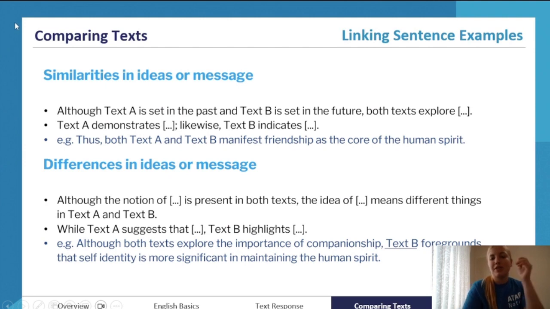And I've got a cheat sheet for you guys with lots of linking sentence examples to help you make those nuanced links and have great sentence frames to put in your essays. I see a lot of students, and students that I tutor as well, not being able to make links that are that great, having sentences that are a bit plain, kind of just saying something is similar or something is different without structuring it nicely or making it offer any level of nuance or complexity.